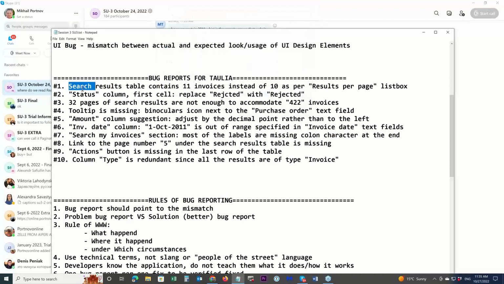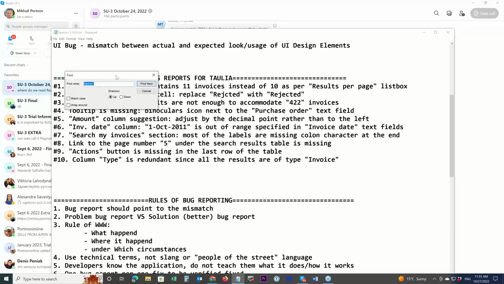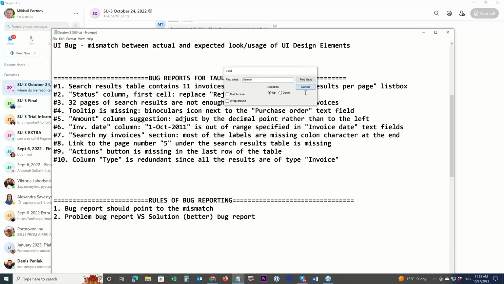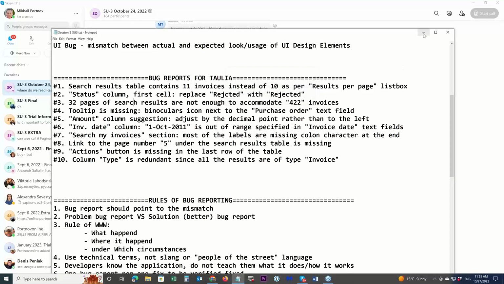If I take the word search and I do Edit, Find, and then I do Find again, it comes with the word search. Why? It remembers what I did last time, and maybe I use that word multiple times. So default values are one of the things which a nice application offers if it makes sense.